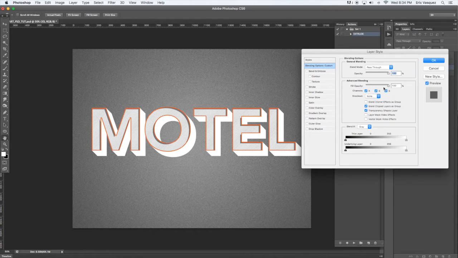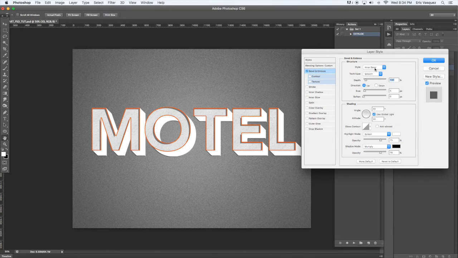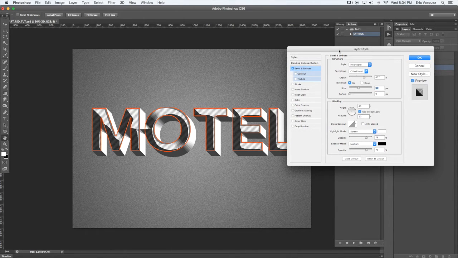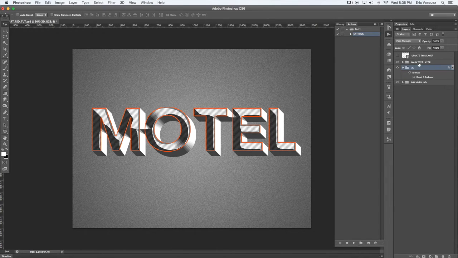So double click on the group folder, and the first thing we're going to do is come up here and check off bevel and emboss. Alright, we want to change the technique to hard, and play around with the depth a little bit as well as the size. Alright, something like that. And I know this is looking a little funky right here, and I'll tell you why. It's because we have the fill of the layer above it set to 0, so you're seeing kind of what's happening there. So let's just hit OK really quick and come back to our main text layer,